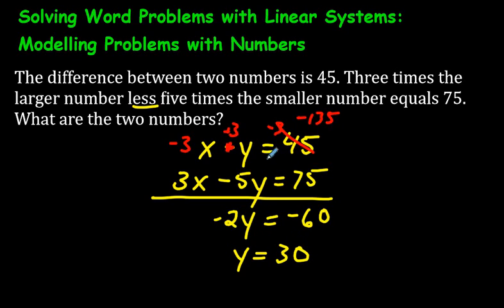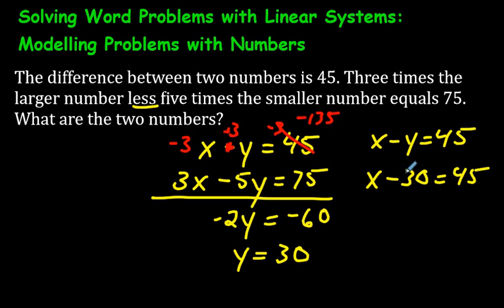So if y is 30, our original equation up here was x minus y is 45. Let's sub in for y. So x minus 30 is equal to 45. Then we bring the 30 over, and we get x is 75 because we're adding 30 to both sides. And if you were to check that out here, you would see that this is true. So the larger number is 75, the smaller number is 30, and you could verify that right here. But I'm just thinking I should hurry up here, finish this off for you, because there still is one more